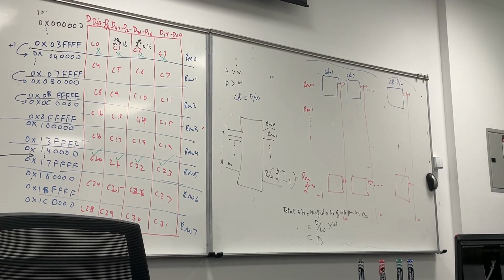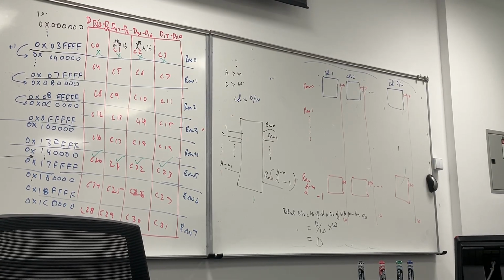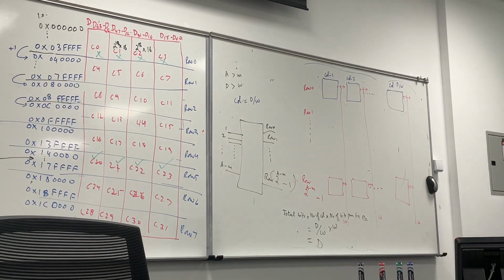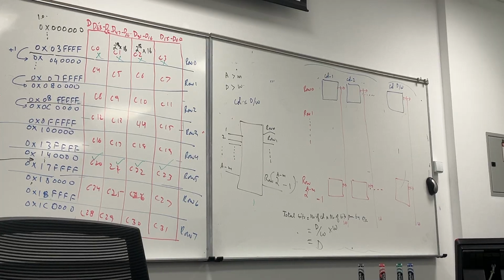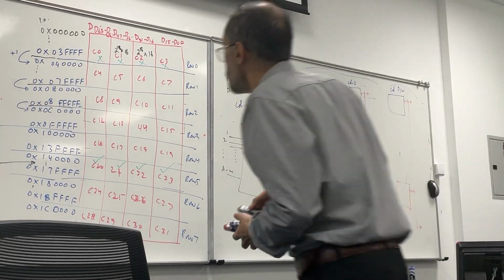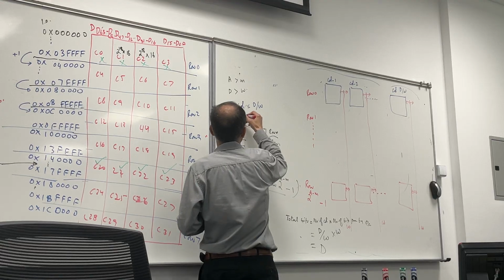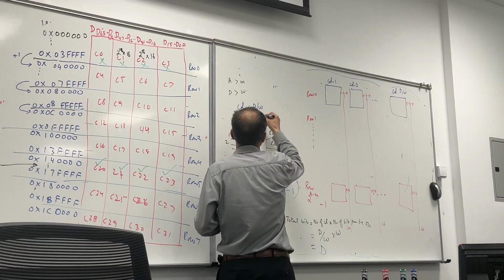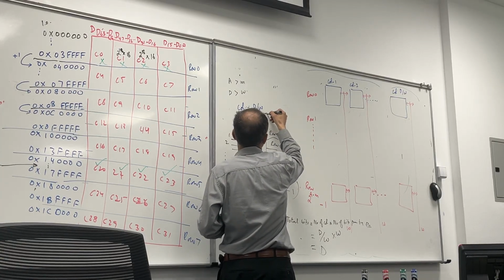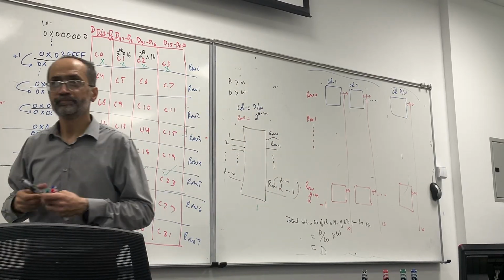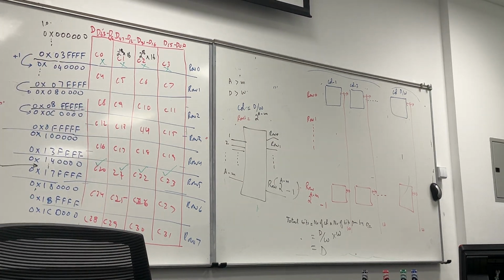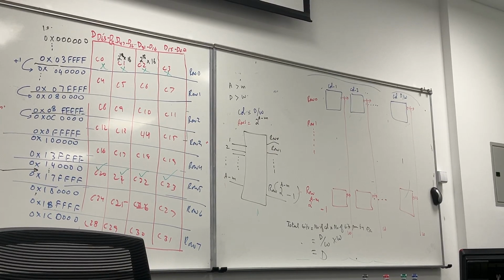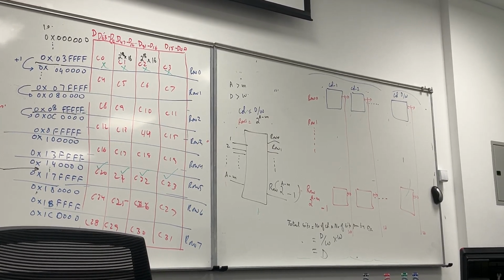Now if we say that A is greater than M and D is greater than W, there will be 2 to the power A minus M rows, and the columns is D divided by W. Clear or not clear? So the total number of chips will be 2 to the power A minus M multiplied by D divided by W. Okay, now if there is any